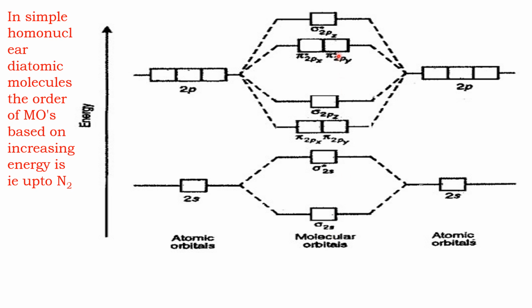So this is the molecular orbital picture for any molecule up to nitrogen, and the order, increasing order of their molecular